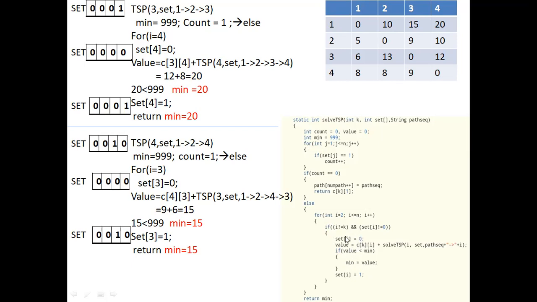Then we'll make the set array at the fourth vertex, in which we are present, as 0, that is, we'll make that particular vertex as visited. Then we will update the value. Here k and I values are 3 and 4. Then we will call SolveTSP again,